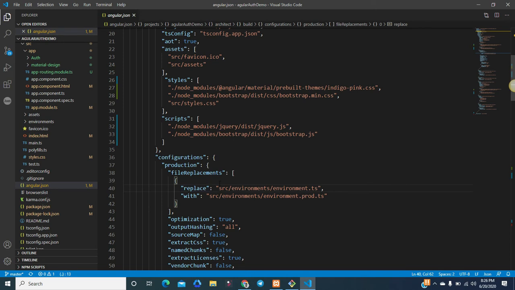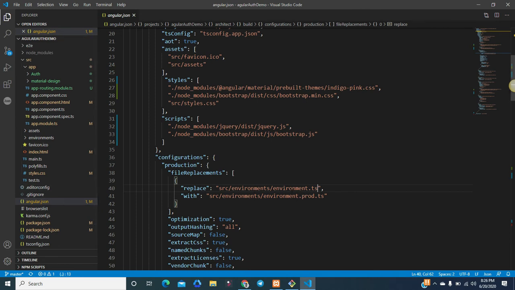All the settings are already available for you, so you just need to use them, with no extra effort to make it happen. All of this is provided out of the box by the Angular application. So environment.ts or environment.prod.ts, you can find here.